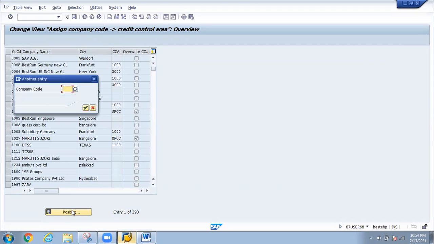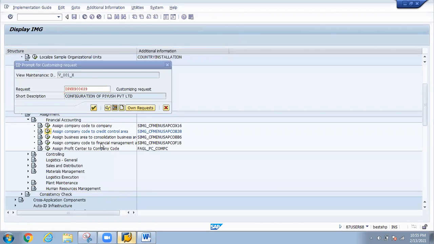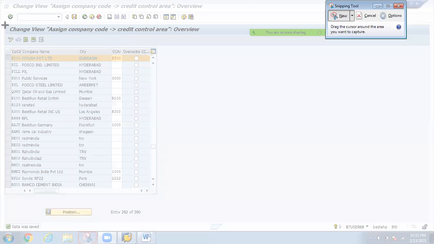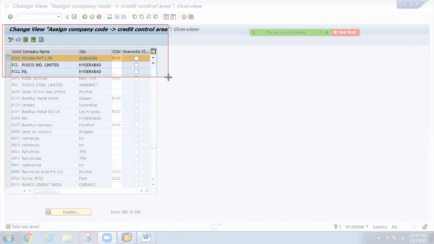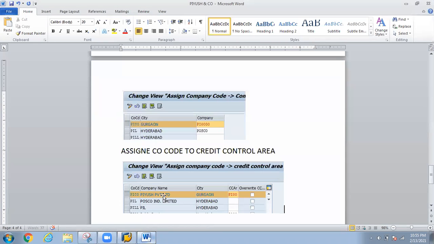So company code is PI00, and we have defined the credit control area as PI00. Just map it, press enter and save it. So yeah, I have defined this, assigned with credit control area.